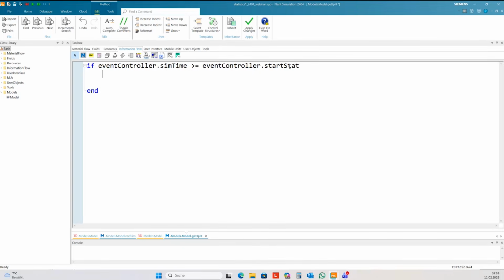I want to use StatNumOut, and after 1 hour, the event controller will set StatNumOut back to 0, and then my calculation will go wrong here.